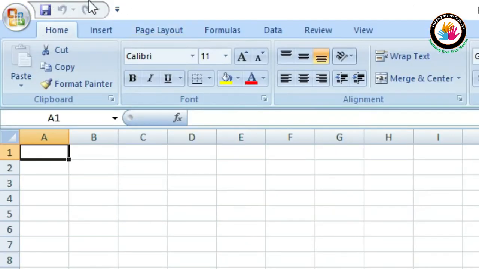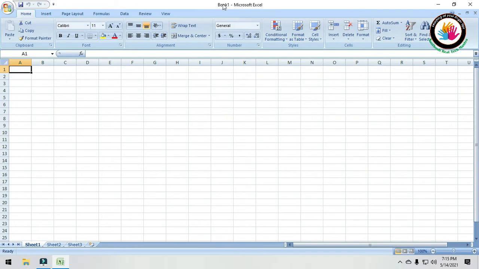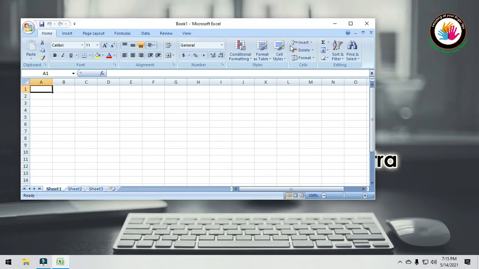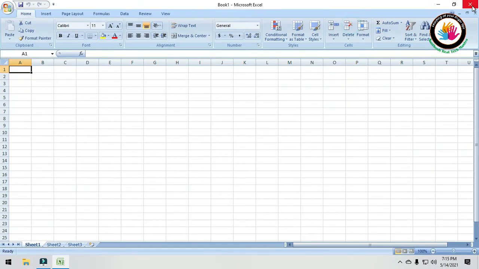Then this is called the quick access toolbar. We will discuss this later. And this is called the title bar. It displays the name of the file and the type of the application. As we opened Excel, it is showing Microsoft Excel. If you open Word, it shows Microsoft Word. It depends on the application. Then this is called the control palette. Minimize button, and you can open it. Then this is the restore button for restoring the window, and then this is the close button.